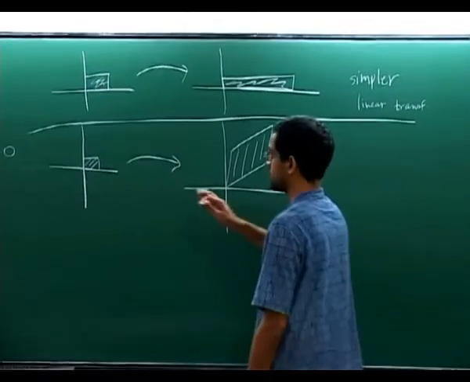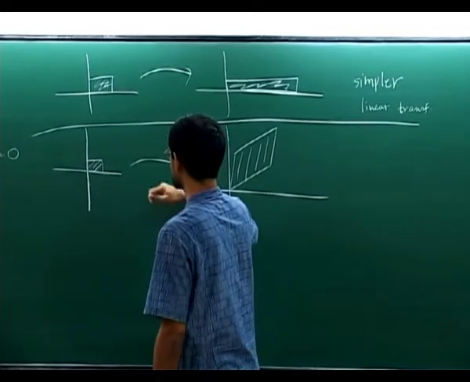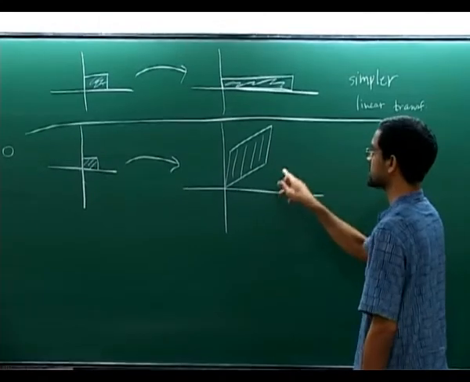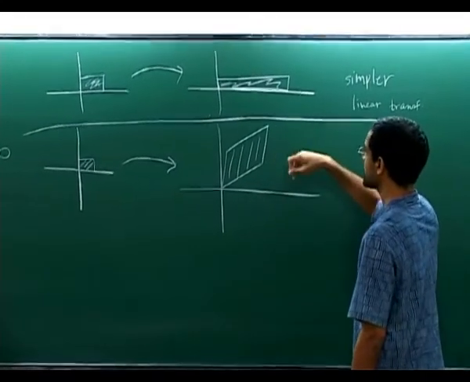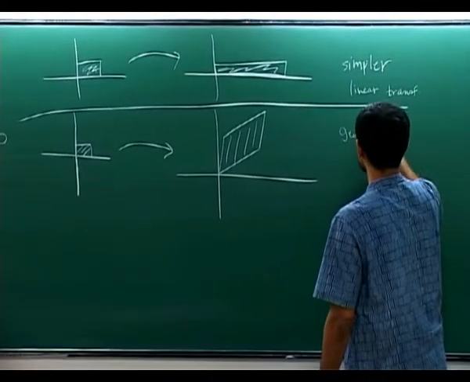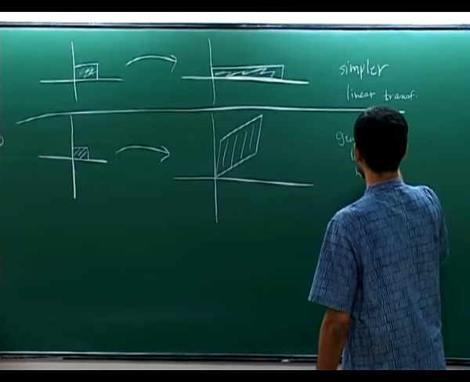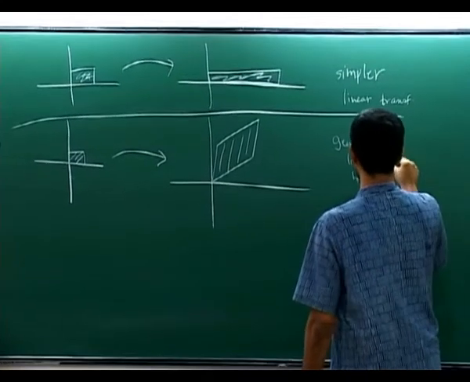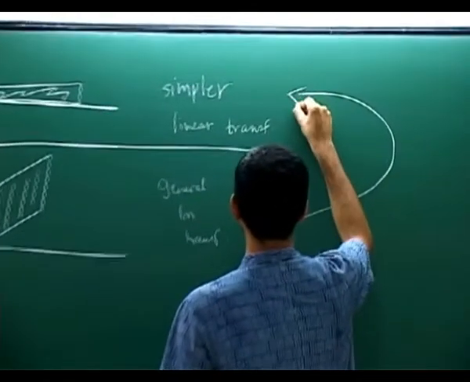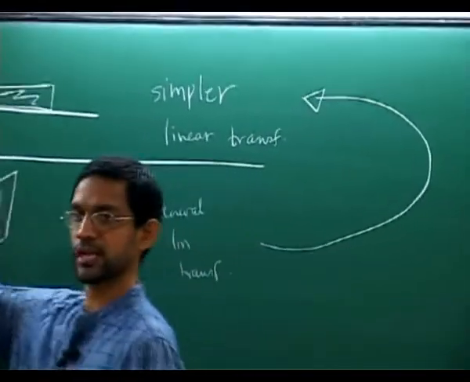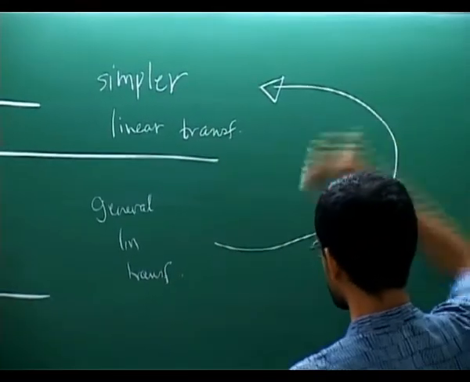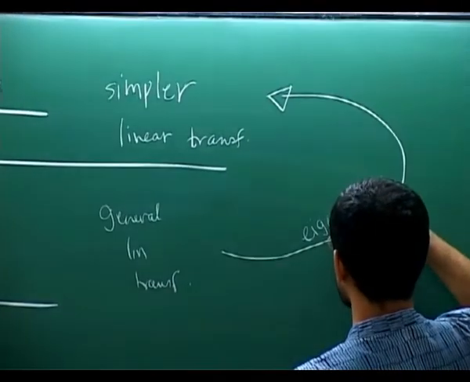So the idea with eigenvalues, eigenvectors is the following. This is the most general linear transformation. We want to somehow understand these fellows by somehow reducing them to such simpler transformations. Okay, so this is a general linear transformation, looks like this, but given a general linear transformation, we want to somehow convert it into a linear transformation which looks like this. Okay, so we want to make this picture look like that, and that conversion procedure is exactly what eigenvalues and eigenvectors will do.